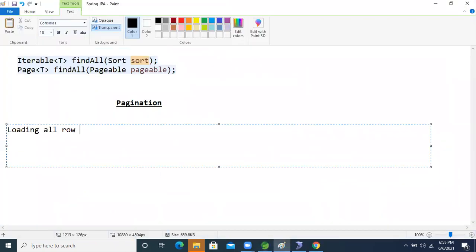Okay, so rows from the database table to the UI screen may not be good sometimes.